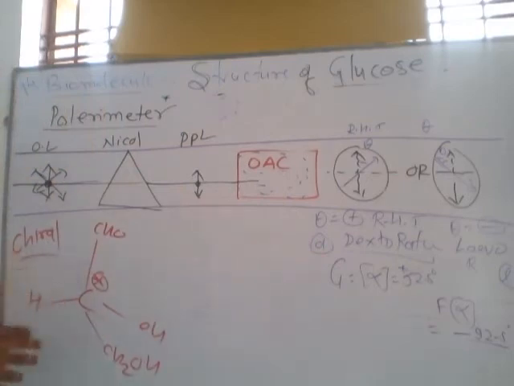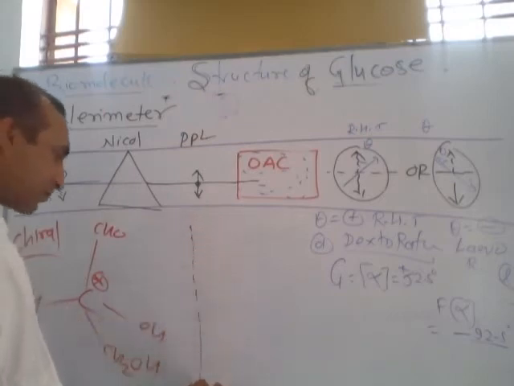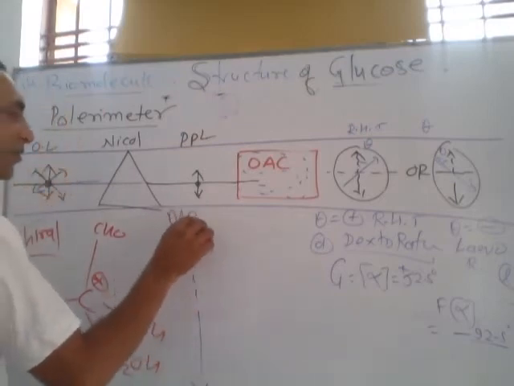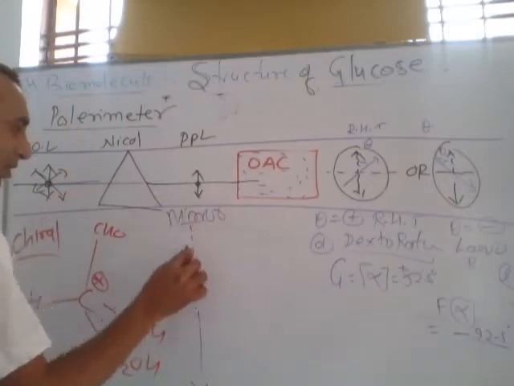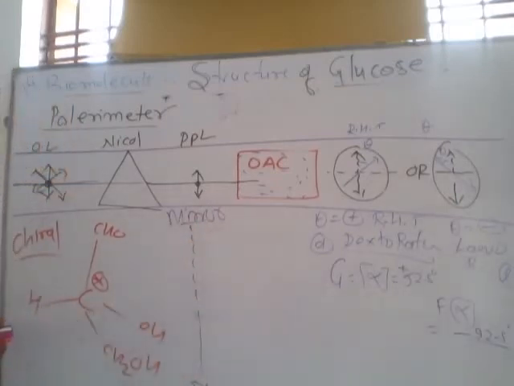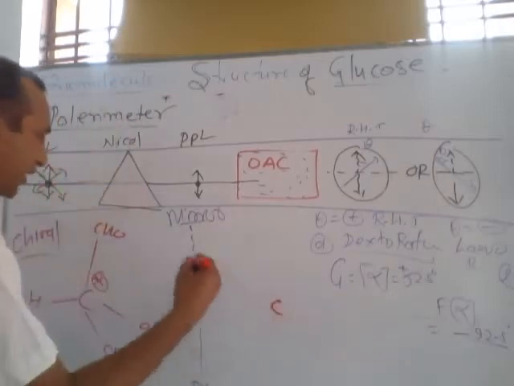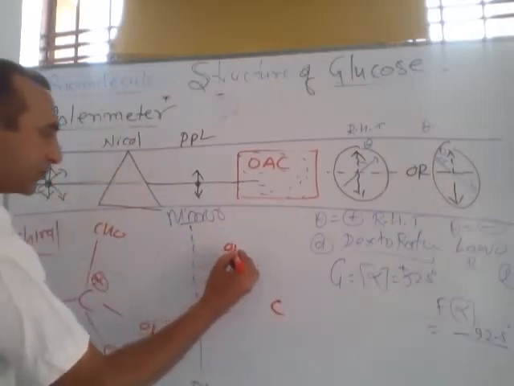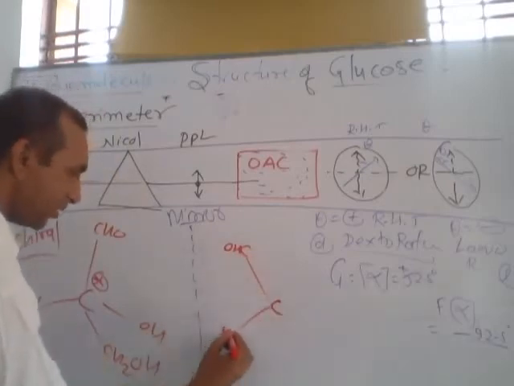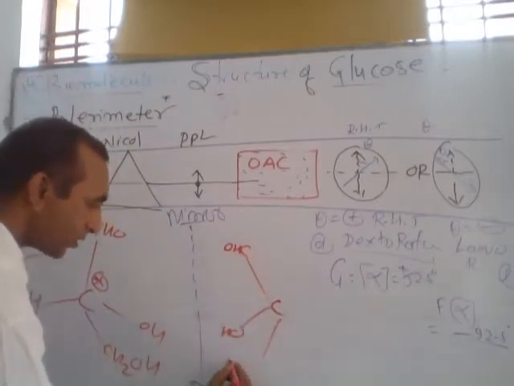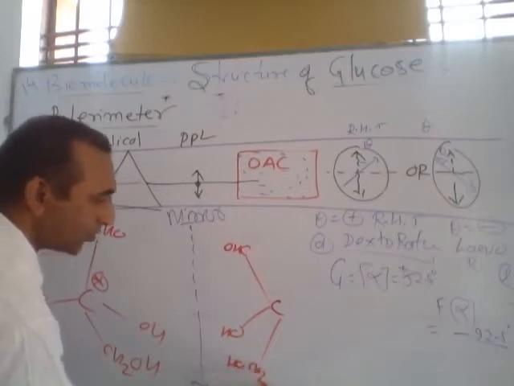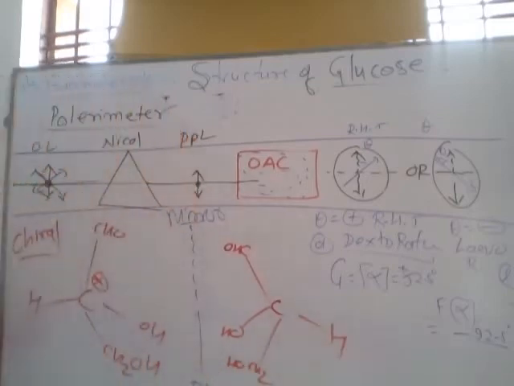This is glyceraldehyde. It is a chiral compound, and imagine there is a mirror. Can you draw its image in the mirror? What type of image will form of this compound? It will appear inside the mirror in this form. See HO here, CH2 here, H. So these two are mirror images of each other.